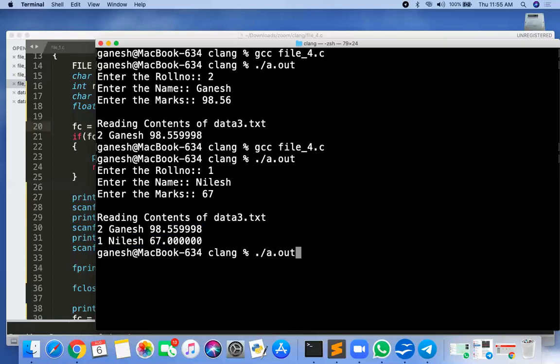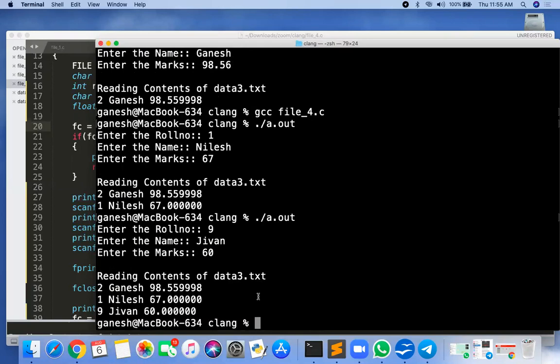I'm again running the program to add the third data, 9, G1, 60. Okay, so this much of the data, whatever the output, you can now place into your output file. This is my output file. Whatever the output I'm getting, it gets copied into my output file there.